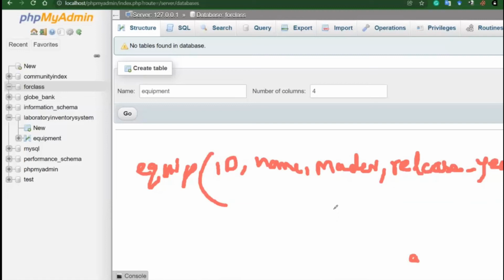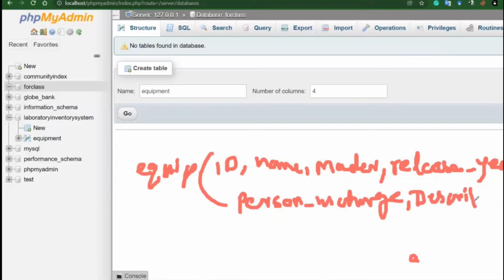Next column should be person in charge, who is responsible for maintaining this lab. Person in charge, sorry, a bit difficult to write, okay, comma, and maybe a description of the equipment, description.